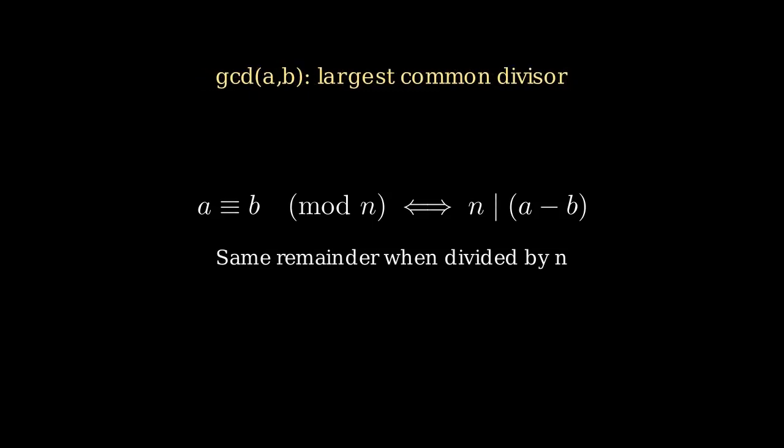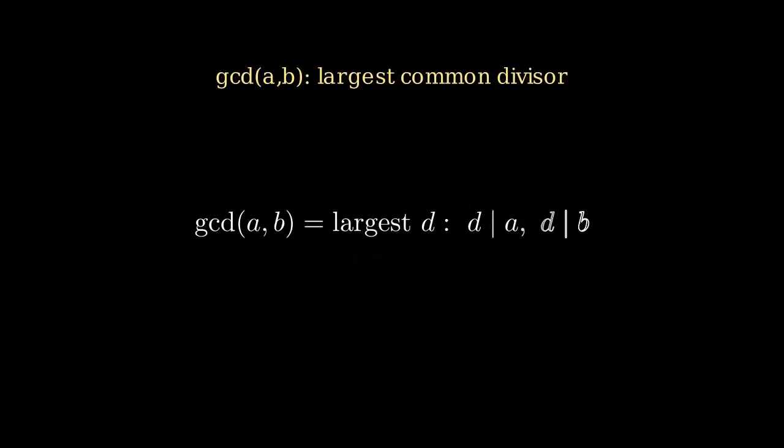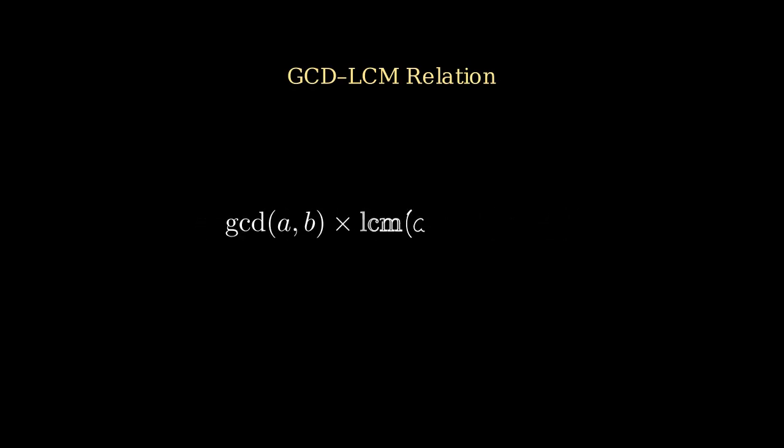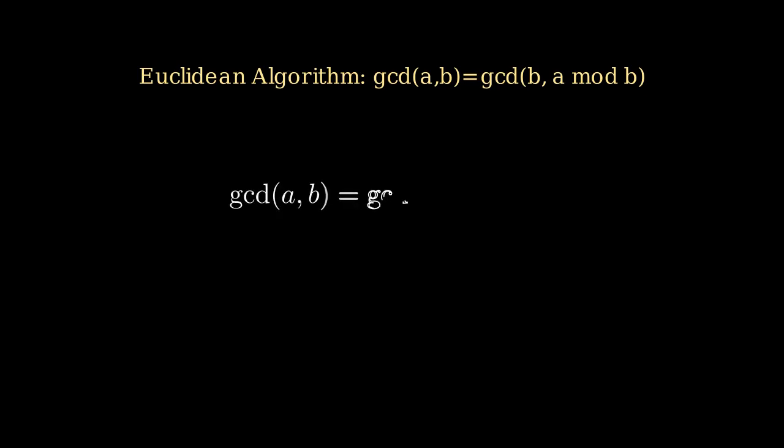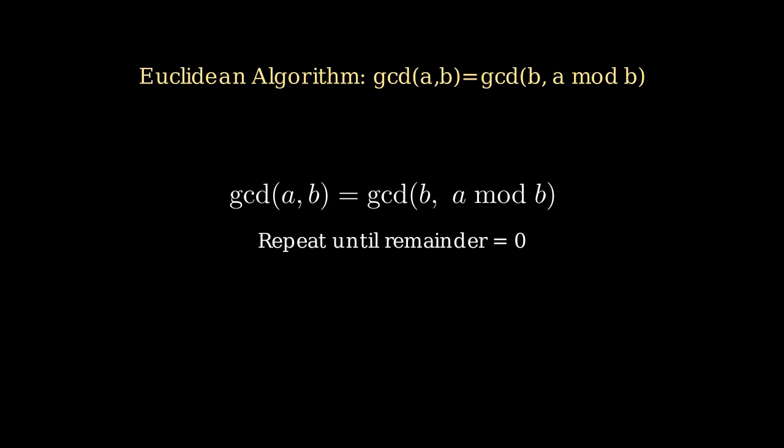The greatest common divisor, written GCD of a and b, is the largest integer that divides evenly into both a and b at once. The first key theorem is the GCD-LCM relation: GCD of a and b times LCM of a and b equals a times b. Next, the Euclidean algorithm gives a mechanical, guaranteed way to find any GCD. GCD of a and b equals GCD of b and (a mod b). You keep repeating this replacement until the remainder hits 0, and the very last non-zero remainder you computed is the